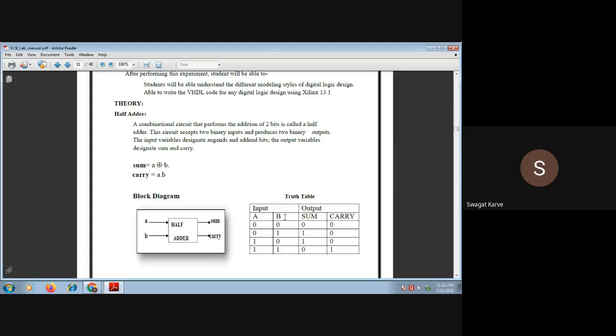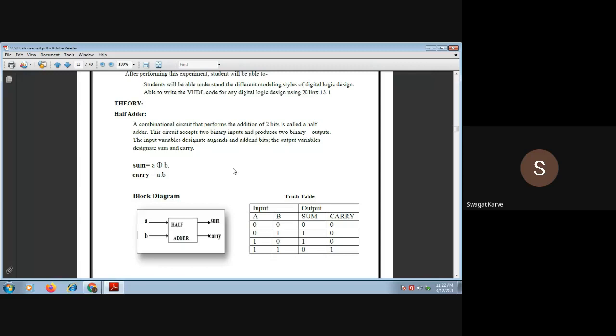A AND B. Whenever you AND these two inputs, you will get a carry bit. So we are going to use these two equations: sum is equal to A XOR B, carry is equal to A AND B.